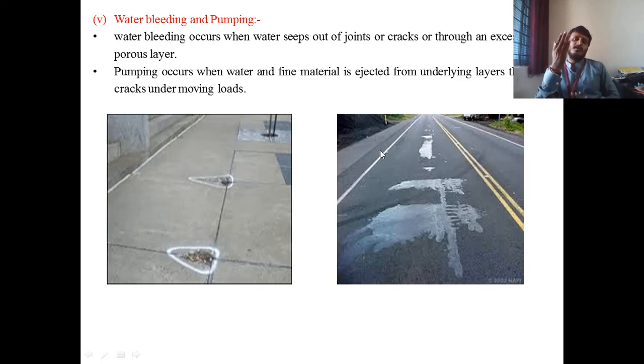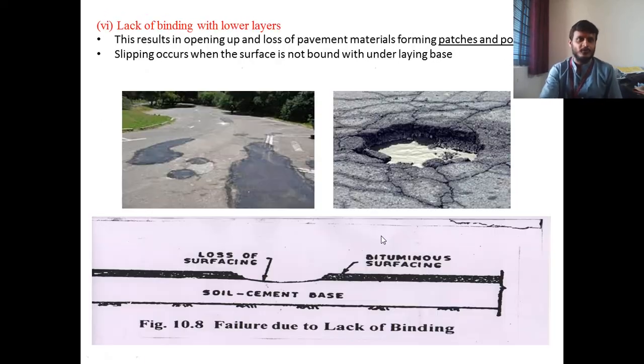So below these slabs, the water which is entering into the layers will form a slurry with the material below the pavement layers. As and when slurry is formed due to the application of loads, this slurry is likely to come out of the joints, and that phenomenon is called mud pumping, and it is one of the major types of failure that we see in concrete roads.